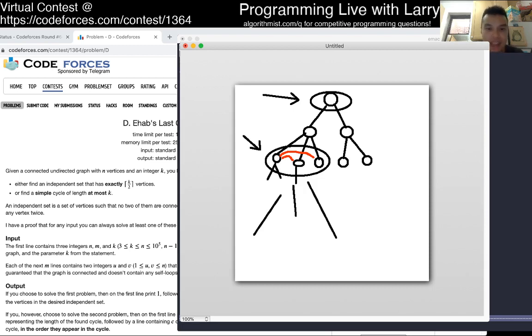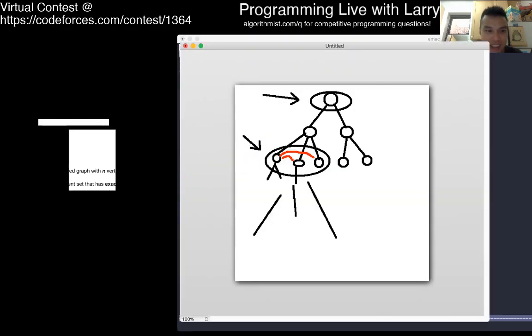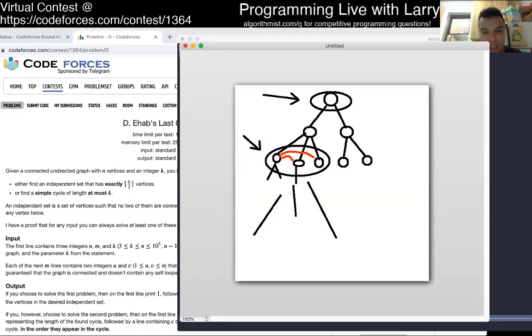Then if there is an edge, what I did is that, well, then that means there's a cycle, because you can, and the way that I did it is, let me choose the color again. No, stop using yellow, Larry. Okay. What I did is for each node, so now let's say there's an edge between these two nodes, right? The red edge. So then now we know that there's going to be a cycle, and you can kind of already see it in the visualization that there's a cycle.